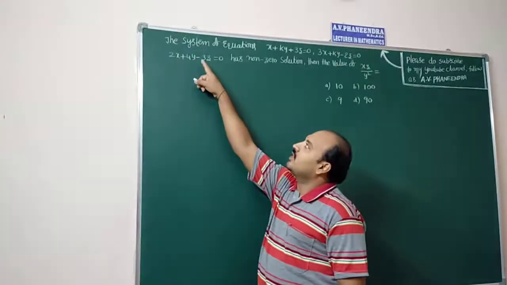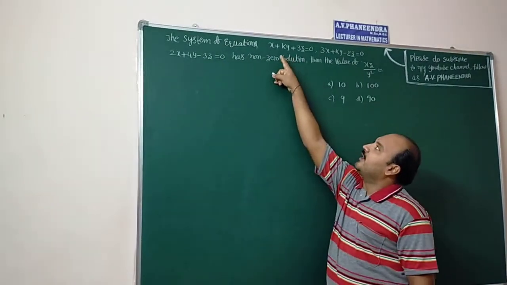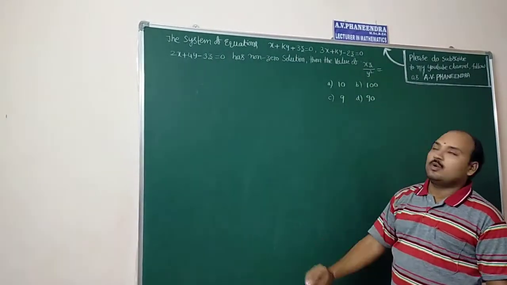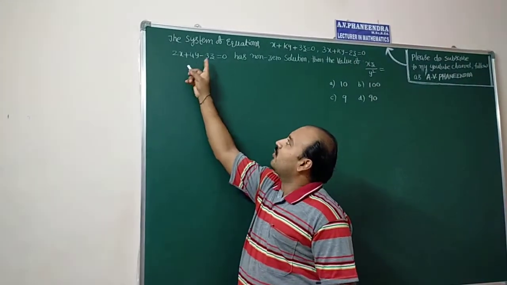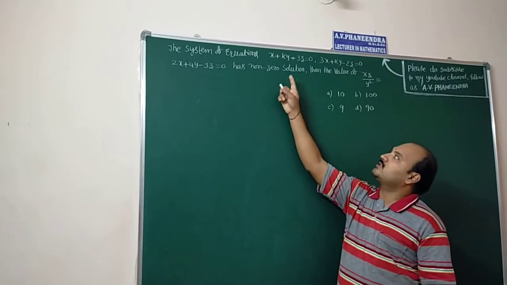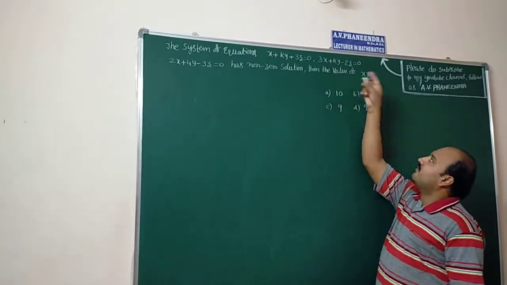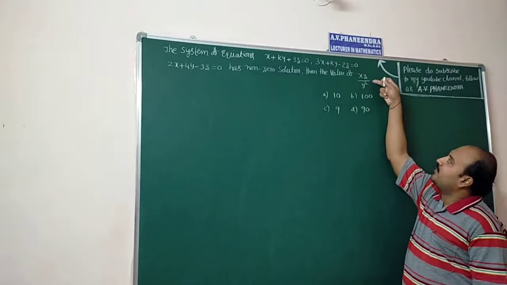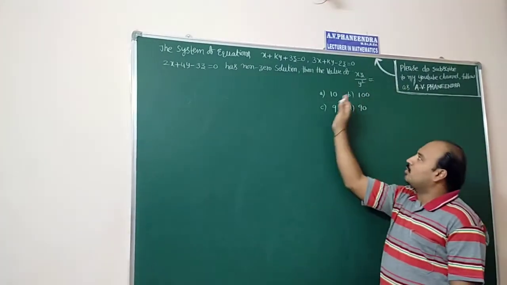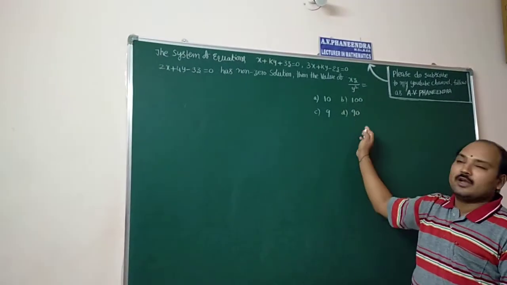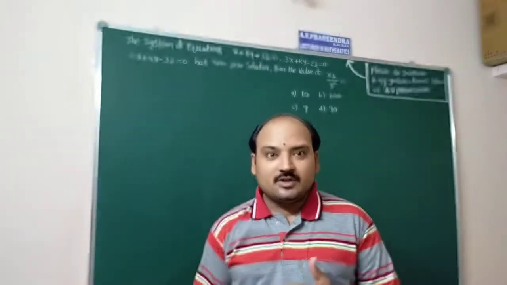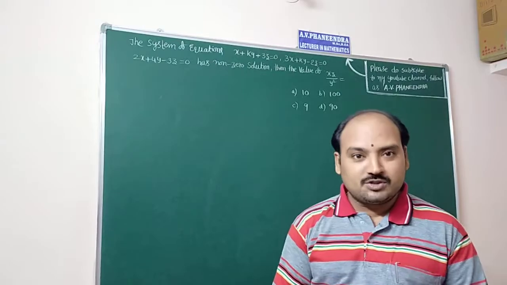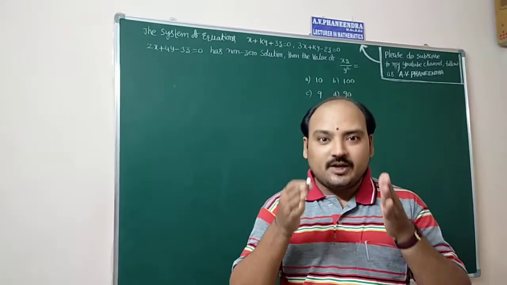See the question. The system of equations x plus ky plus 3z equal to 0, 3x plus ky minus 2z equal to 0, 2x plus 4y minus 3z equal to 0 has non-zero solution, then the value of xz by y square equals, these are the options, 10, 100, 9 and 90. Whenever the system of equations is having a non-zero solution, then their determinant should be